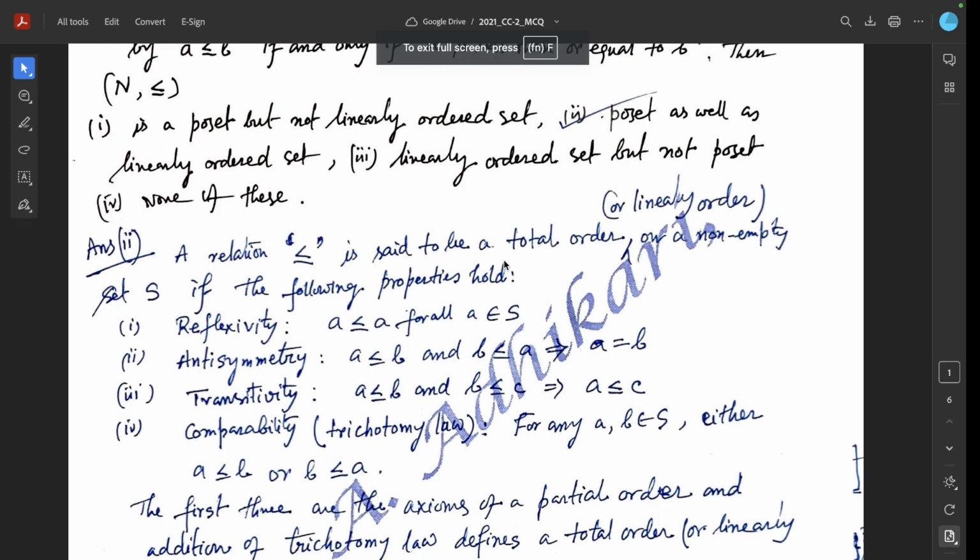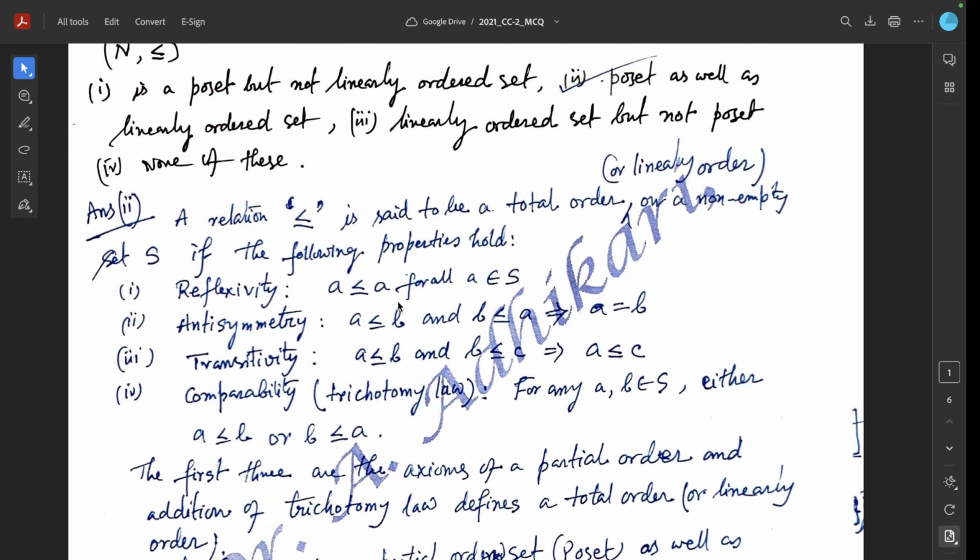A relation ≤ is said to be a total order or linear order on a non-empty set S if the following properties hold. Reflexivity property: a ≤ a for all a belongs to S. Antisymmetric property: a ≤ b and b ≤ a implies a = b. Number 3, transitivity property: a ≤ b and b ≤ c implies a ≤ c. And comparability or trichotomy